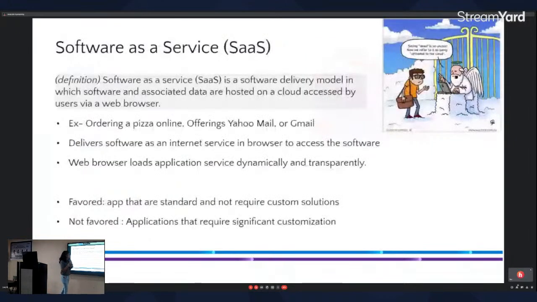So talking about the service models, we have three kinds of services. Software as a service is the first one. And here you can see the meme also, if you are thinking that this session is going boring. So firstly, reading out the definition of software as a service: it is a software delivery model in which software and associated data are hosted on a cloud,